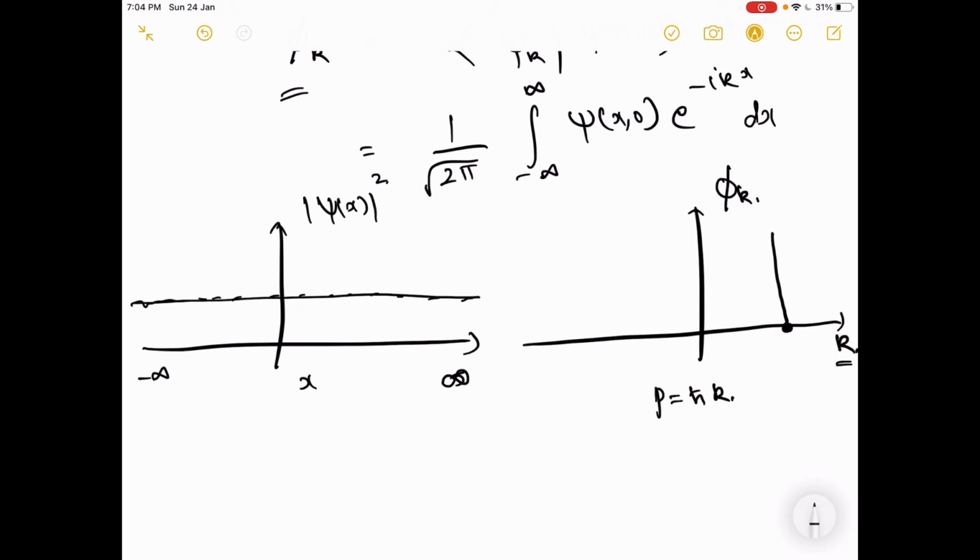Hence it will exist everywhere with equal probability. Then it has a single k value, which is a perfect certainty of the momentum. So you will have complete uncertainty in the real space. In contrast, if you have a complete certainty of the position,